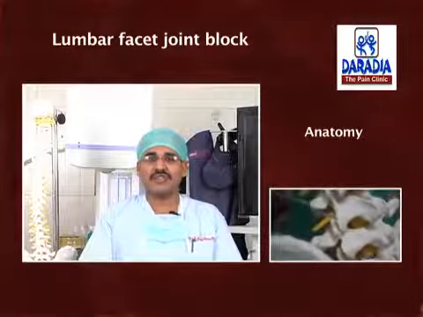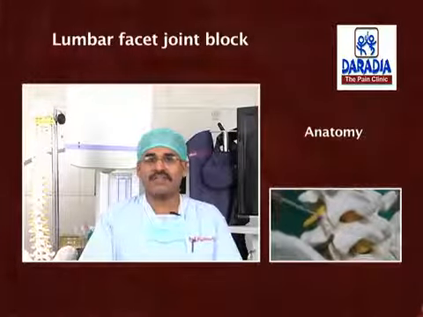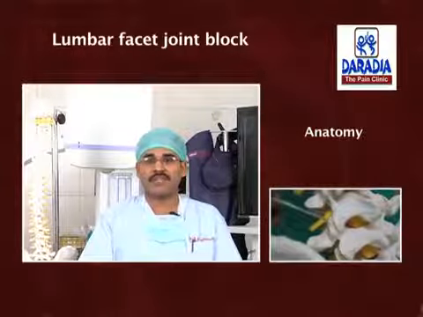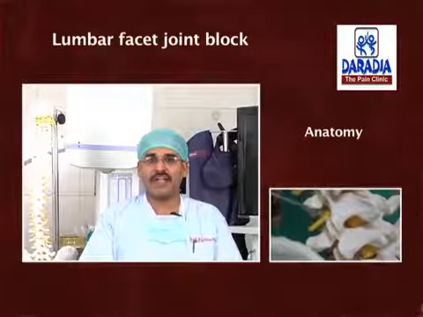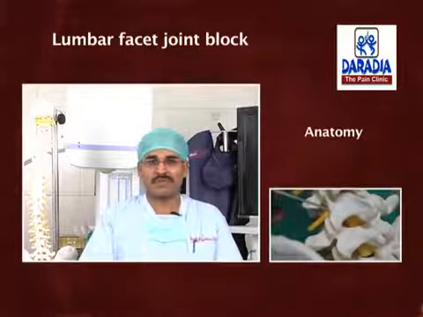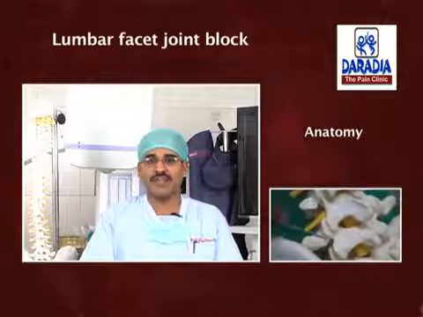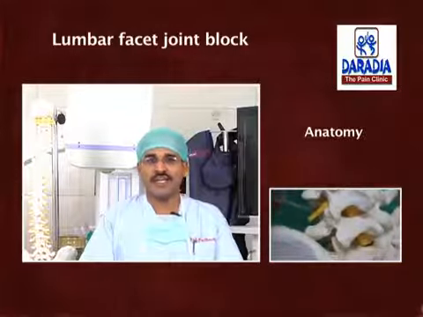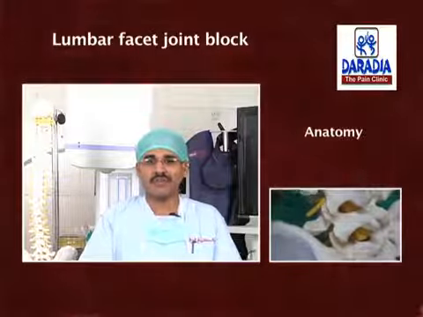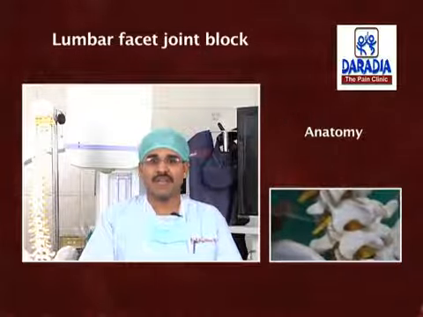The facet joints are true synovial joints with inferior and superior articular processes lined with hyaline cartilage, which is covered by a fibrous capsule. The fibrous capsule is lined inside by a synovial layer, and usually it contains synovial fluid of around 1 to 2 ml. The fibrous capsule extends from one articular pillar to the other in the superior, inferior and posterior parts. It extends 2 mm from the joint line, thus leading to the formation of superior and inferior recesses, which sometimes contain fat and synovial villi.